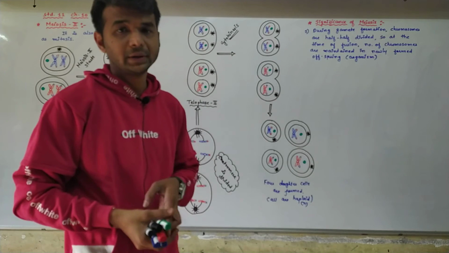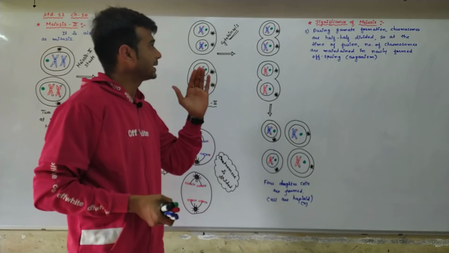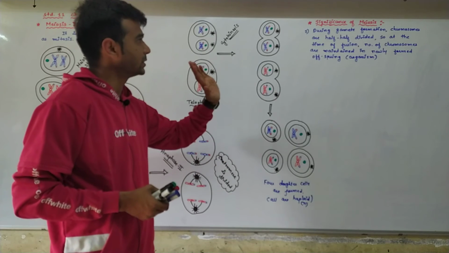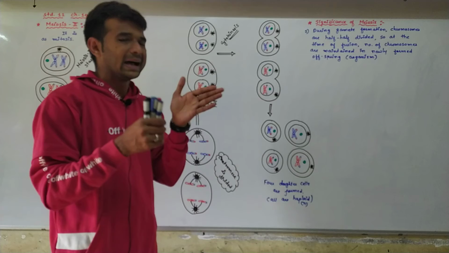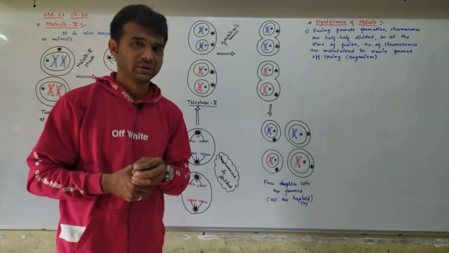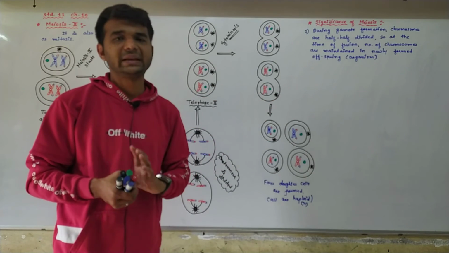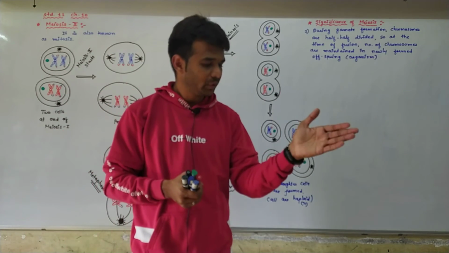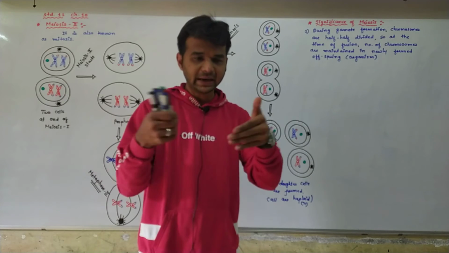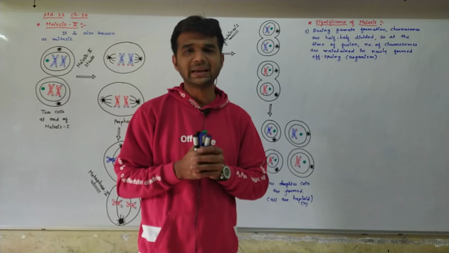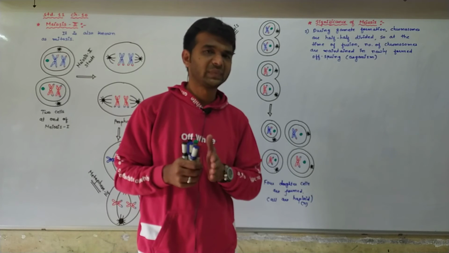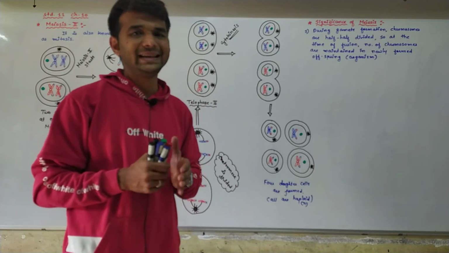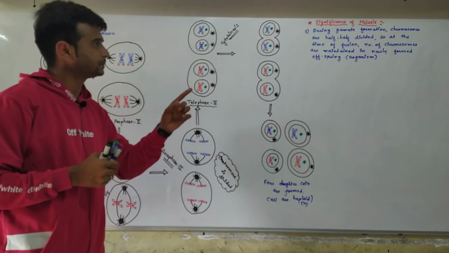First point. During gamete formation, male gamete and female gamete, meiosis occurs. So during gamete formation, half of the chromosomes are present in each and every gamete. You know that gametes are haploid. Haploid gamete fuses with haploid gamete and forms the diploid zygote. So why does meiosis occur? To maintain the number of chromosomes in the newly formed offspring.